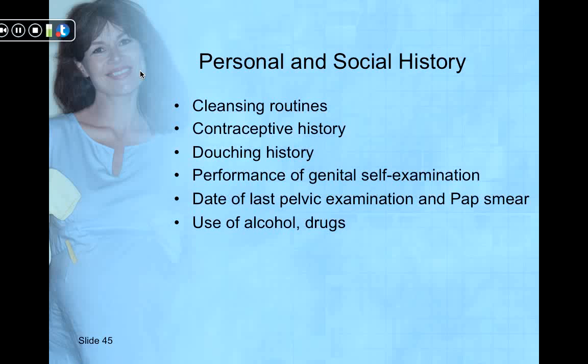talking about their personal and their social history, what's their sexual preference, what is their cleansing routine, what kind of soaps and lotions and products are they using, what are they doing for birth control, what have they done for birth control in the past, what do they believe about birth control, history of douching, do they perform a genital self-examination, when was the date of their last pelvic exam and their pap smear, and do they use any drugs or alcohol, are they in a high-risk sexual, I work with a population, a low-income STD women's health population, and